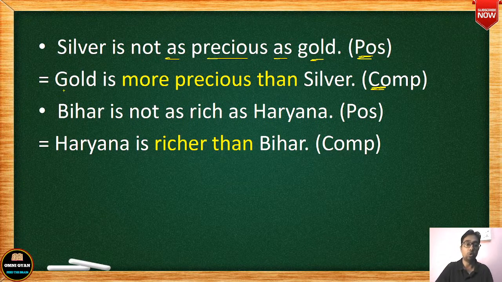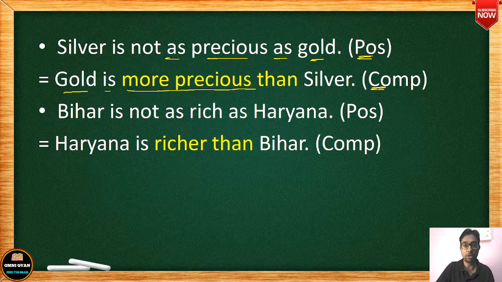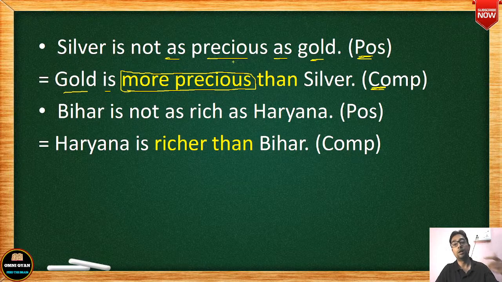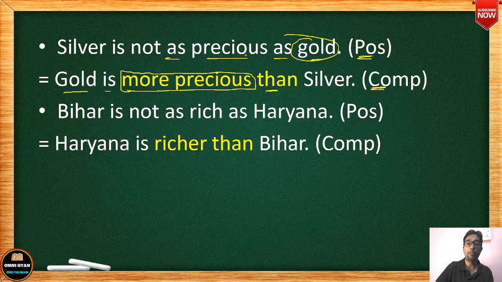तो कंपैरेटिव में हम लोगों ने क्या देखा था, मोर प्लस डिग्री प्लस देन, तो गोल्ड इज मोर प्रेशियस। प्रेशियस अ लॉन्गर स्पेलिंग है, तो इसके लिए हम लोग ER यूज नहीं कर सकते, हम लोगों को मोर यूज करना होगा यहां पे। तो प्रेशियस का कंपैरेटिव डिग्री है मोर प्रेशियस, तो गोल्ड इज मोर प्रेशियस देन सिल्वर। फिर से आपने उल्टा किया, देखिए गोल्ड वर्ड आपने पहले यूज किया, यू यूज्ड गोल्ड इन द बिगिनिंग इटसेल्फ, बिकॉज सिल्वर इज नॉट एज प्रेशियस एज गोल्ड, दैट मींस गोल्ड इज मोर प्रेशियस देन सिल्वर।